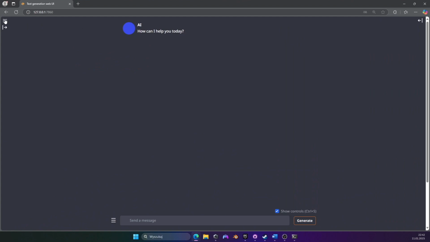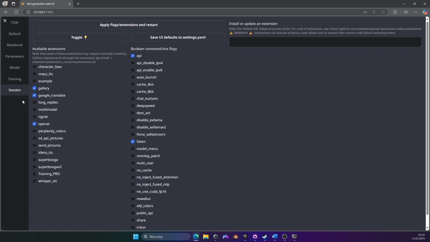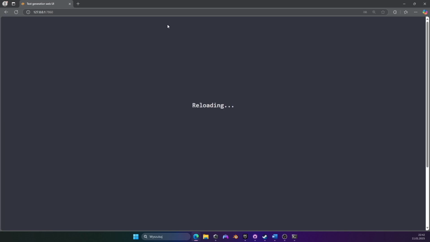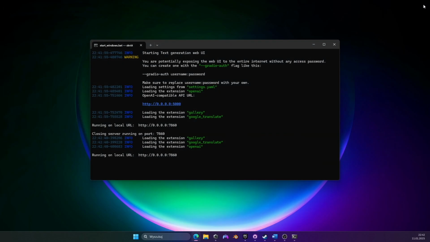After that, expand the left menu and click on Session. Then, make sure that the OpenAI flag is enabled. If not, check it and click Apply flags, extensions and restart. If you can see the OpenAI compatible API URL now,